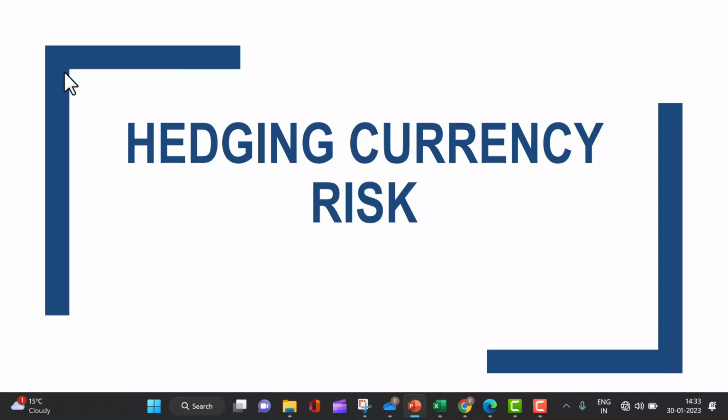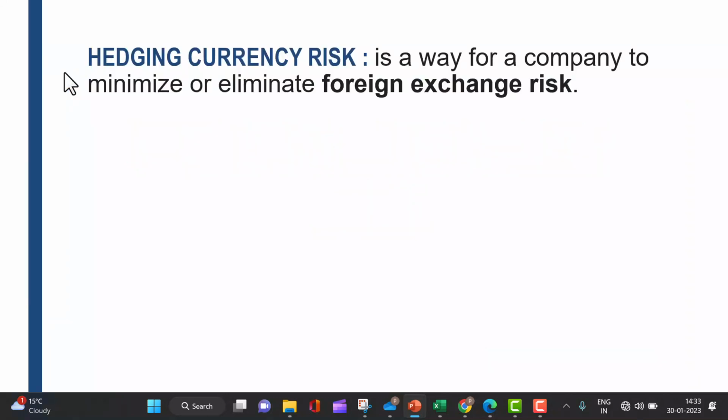Hedging currency risk. As I told you, the currencies are quite volatile and can impact the profitability of the companies. Sometimes the dollar appreciates, sometimes the rupee appreciates, and we are transacting into all those currencies, whether euros, yen, whatever, and our business transactions are into multi-currencies. If you are a multinational company or have exposure in foreign currency, let's begin with that. Hedging currency is a way for a company to minimize or